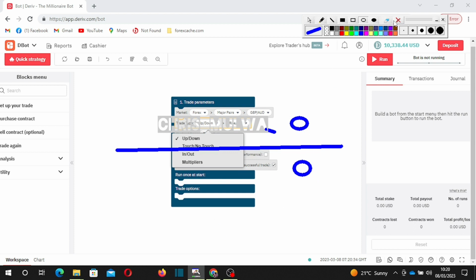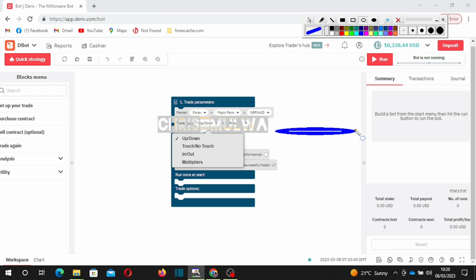So this is a win, this is a loss. Okay, the same case applies to touch. Let's say this is now the market. This is the market. So touch means that it has touched the market. Okay, so that is a win. If it does not,